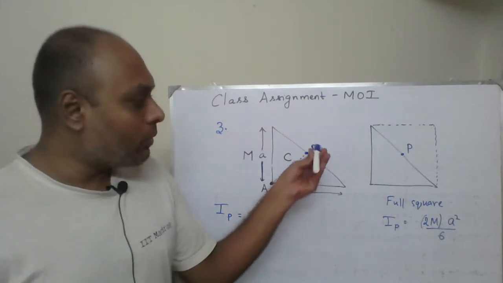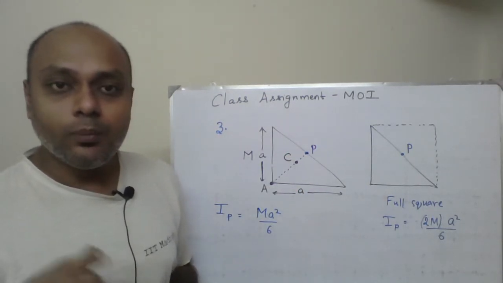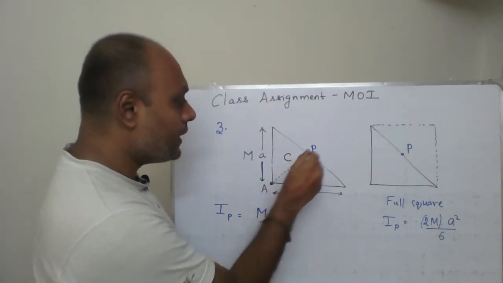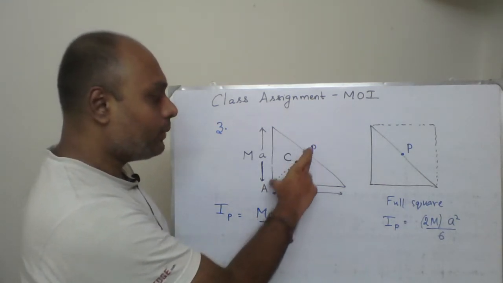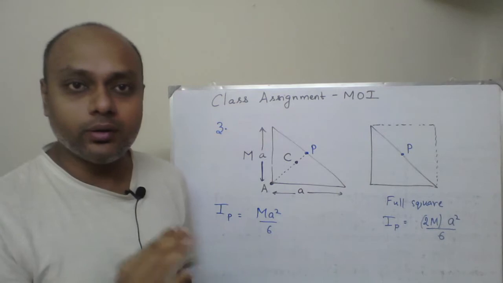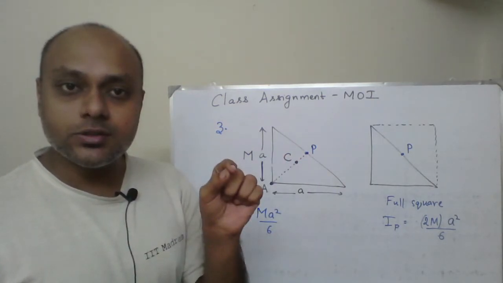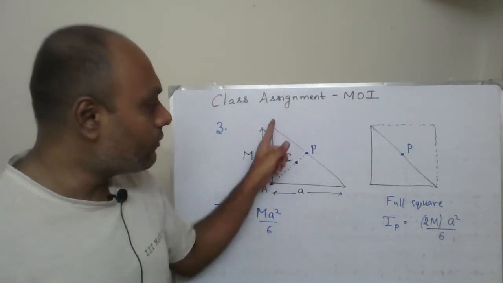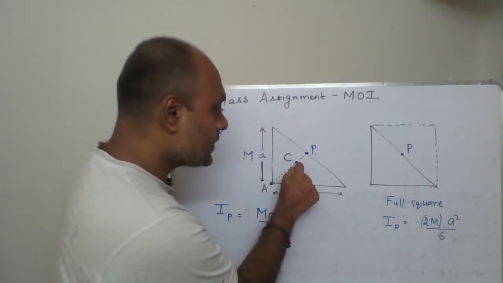Now we know moment of inertia about this axis. Now we will try to use parallel axis theorem. When we are using the parallel axis theorem, don't shift between point P and point A. We know IP, don't write IA equal to IP plus M into AP square. That is not correct, because for applying parallel axis theorem, one axis should be passing through center of mass and the other axis should be parallel to it. And for this geometry, for the triangle, the center of mass is at point C.